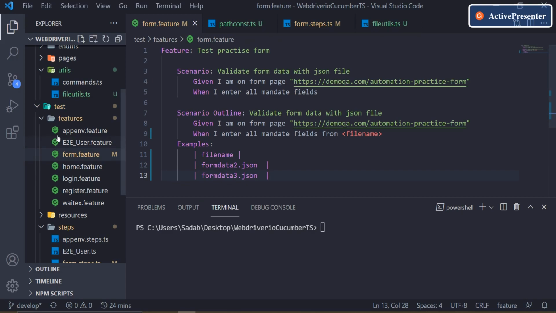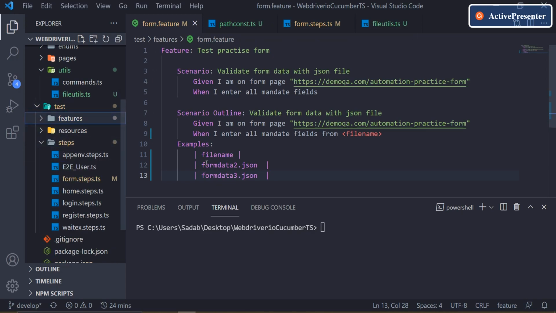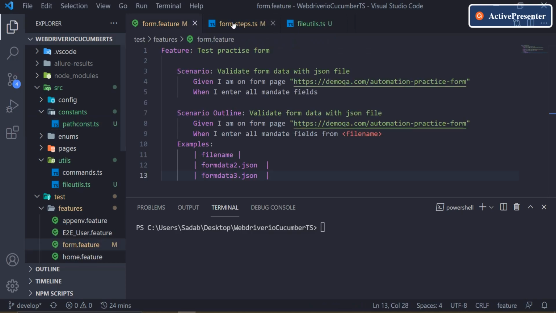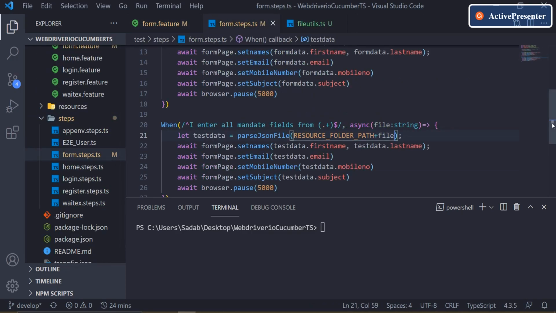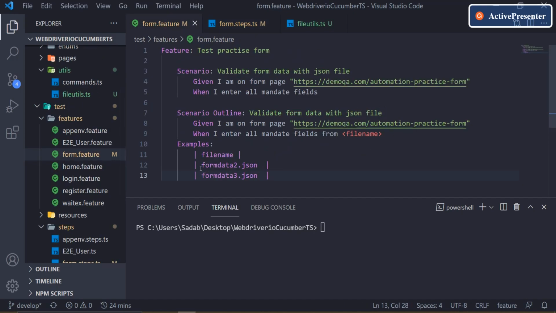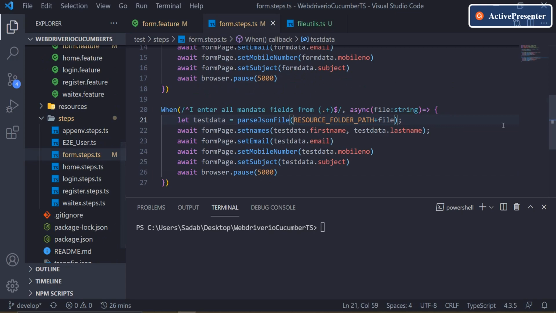Now in future, if you want to change the folder structure of this data path, you need not go and change it in the feature file. You just have to come to this constant file and update it in only one place. So now we have centralized this kind of constant, and I think the code looks much better now. It will be more manageable, and less verbose also, because we are not repeating the steps. So these are some small best practices that will help you in real time. When you have long projects or lengthy code to maintain, it really helps at that time.